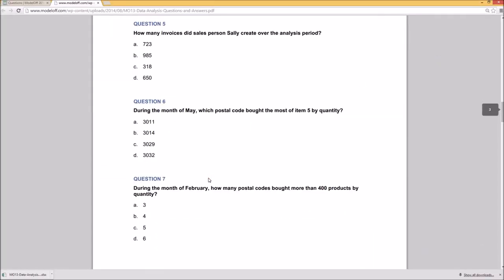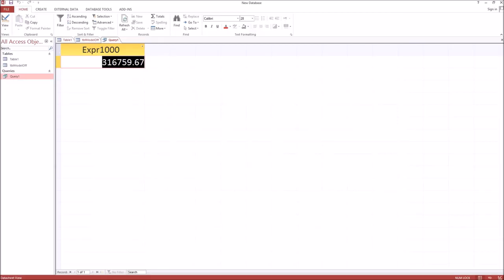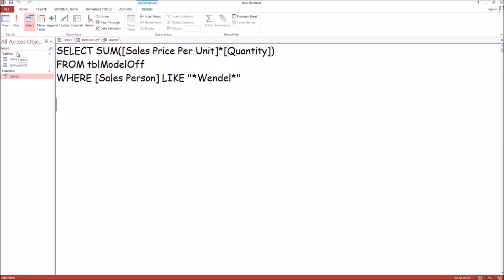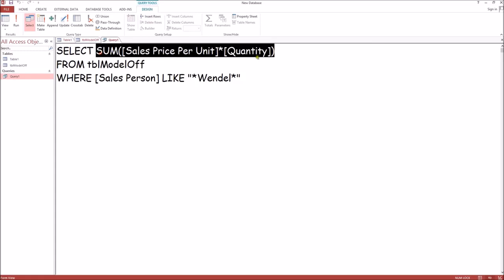Next question. How many invoices did salesperson Sally create over the analysis period? Should be pretty simple to answer this question by now. So we need to know how many invoices. We can use the count keyword from,